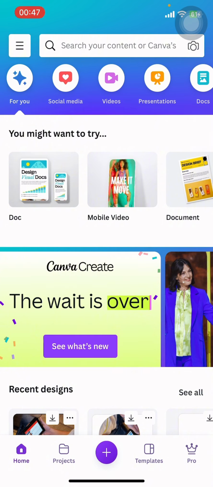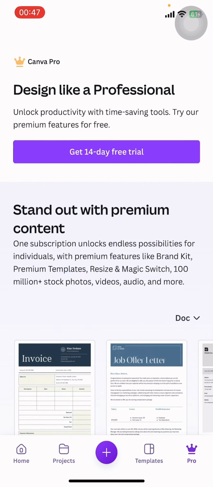Once you do that, on your screen at the bottom you can see there's Home, Projects, plus sign, Templates and Pro. You have to select Pro at the bottom right corner. Once you do that, you can see there's a 10-day free trial option right below Design Like a Professional and